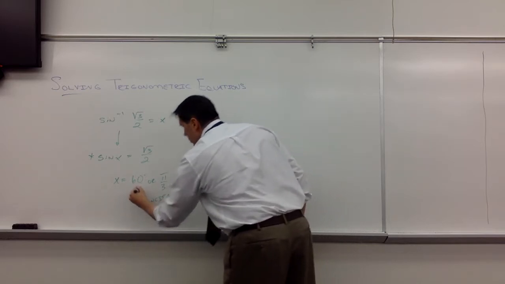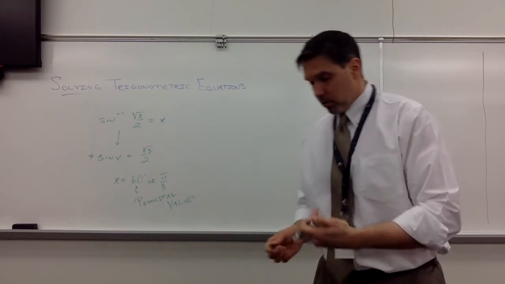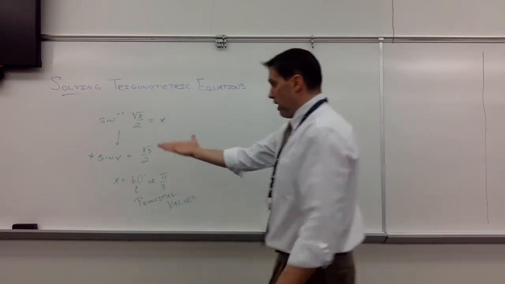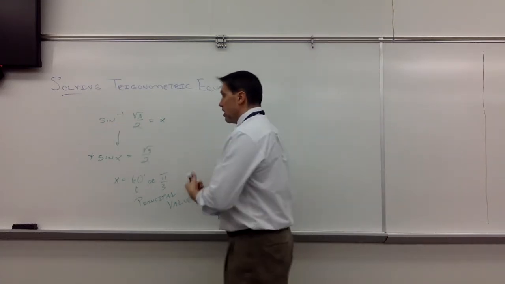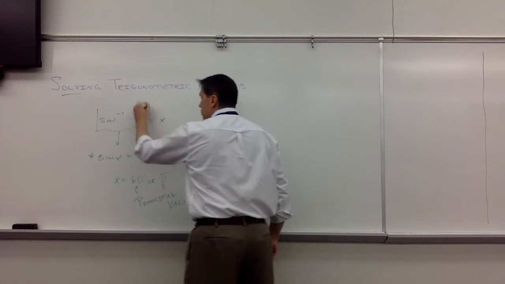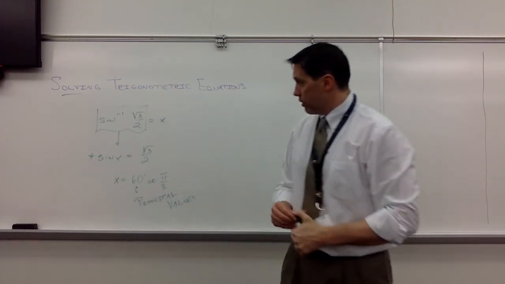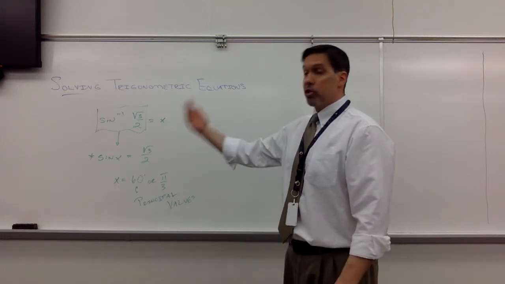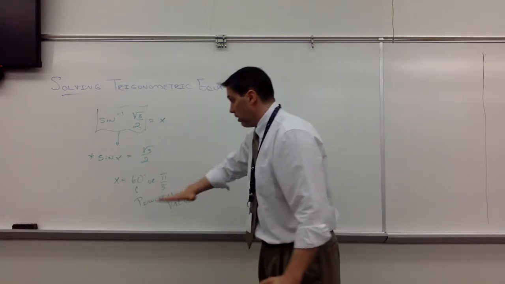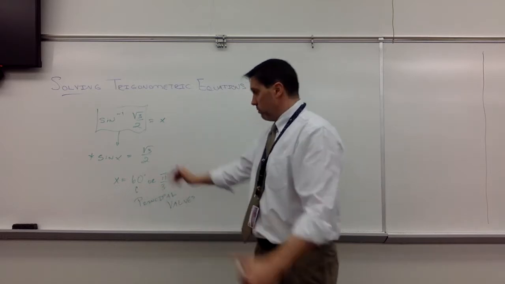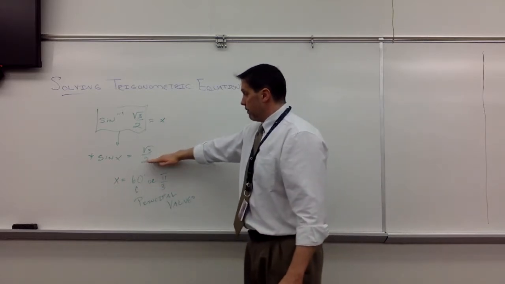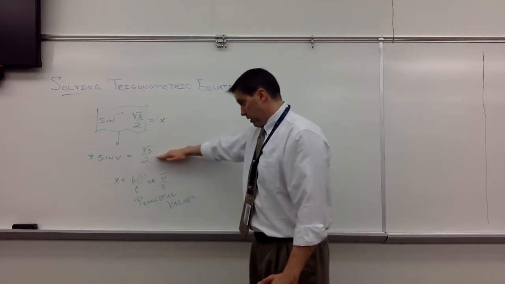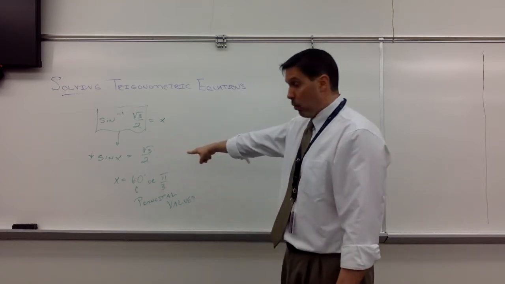Principal values, in this case, refer to what you get when you actually punch this in on your calculator. When you do the sine inverse of the square root of 3 over 2, you're doing the functional inverse of sine, in which case you can only get one answer here, and you get 60, or, like I said, pi thirds. However, if we start off at an equation like this, which would be called a trigonometric equation,